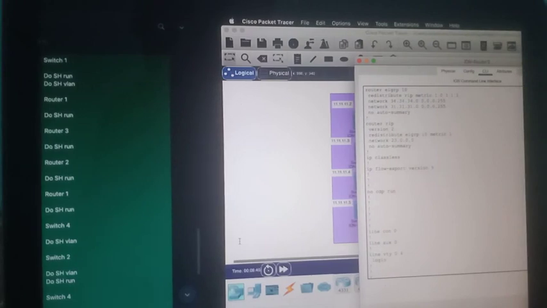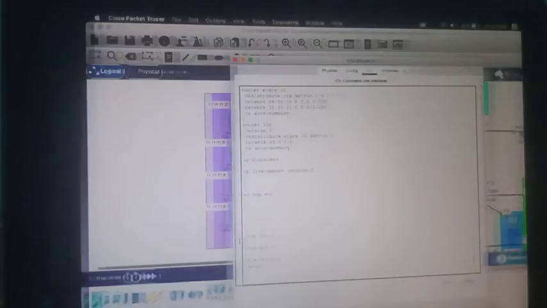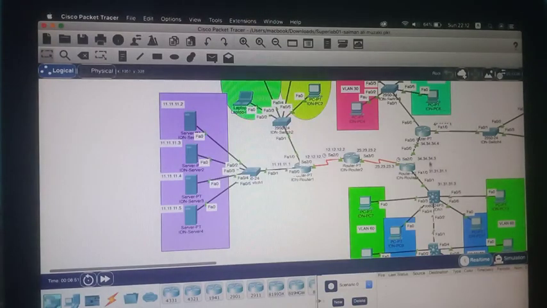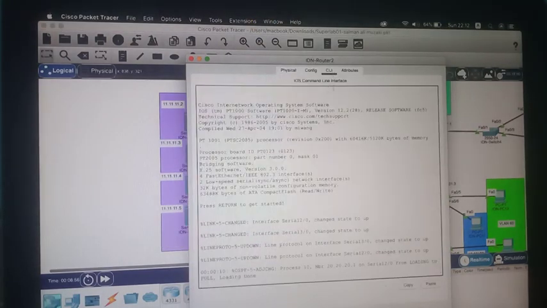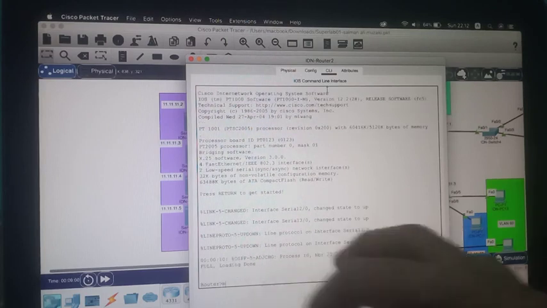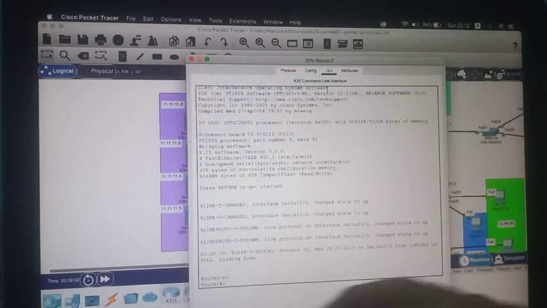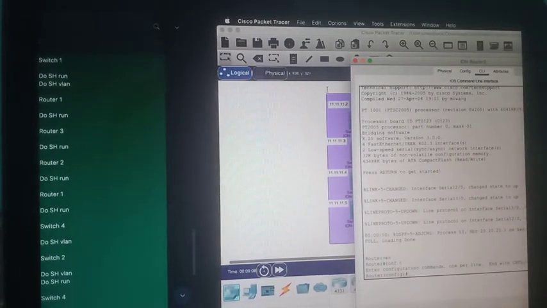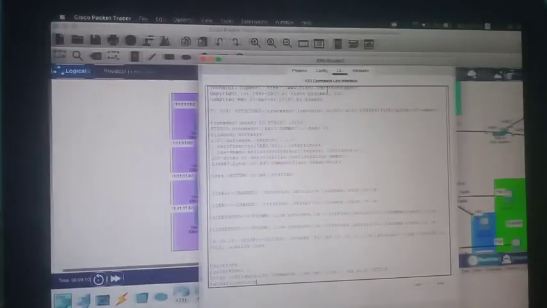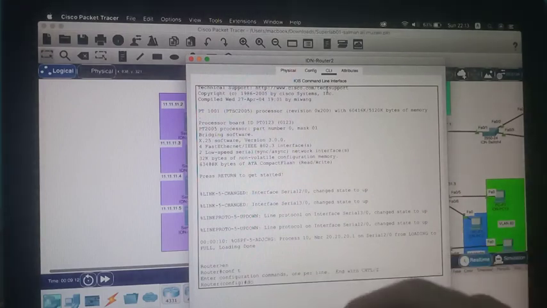Step 4, we check router 2. Enter, enable and configure terminal, and do show run.